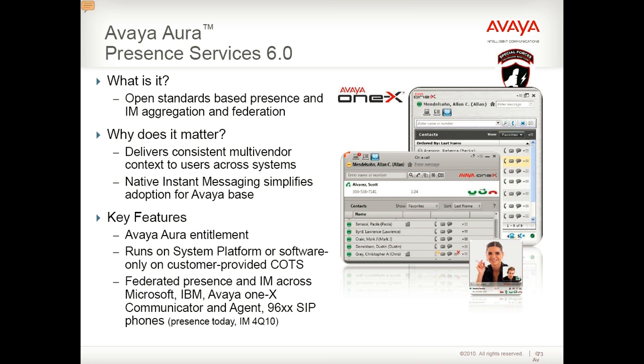So what you're looking at now is the Avaya Aura Presence Services. So, big market push. Everybody wants presence, whether it's Microsoft, whether it's Cisco, whether it's Avaya. There are so many vendors out here, so many options for presence. Everybody wants it. What Avaya did is it said, okay, the market wants it, let's just make it an entitlement. It's included in the Avaya Aura package. So if you purchase Avaya Aura for the enterprise model 6.0, you're going to receive the Presence Services